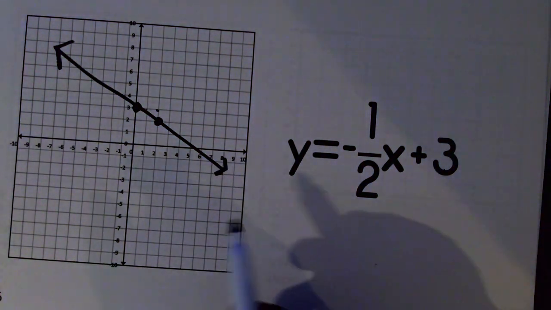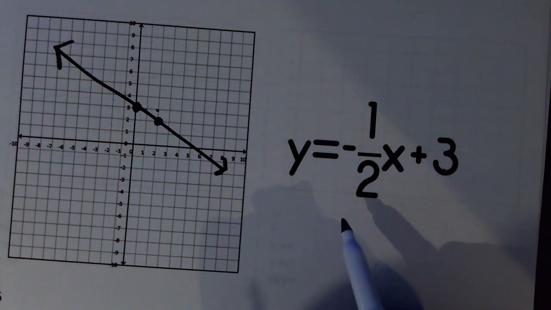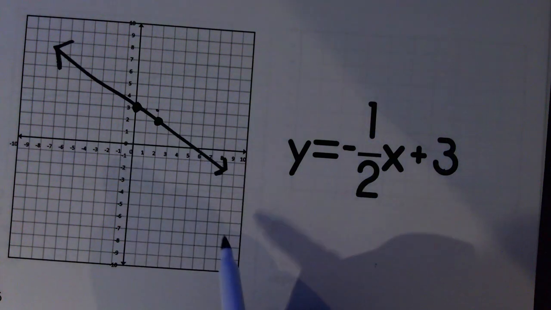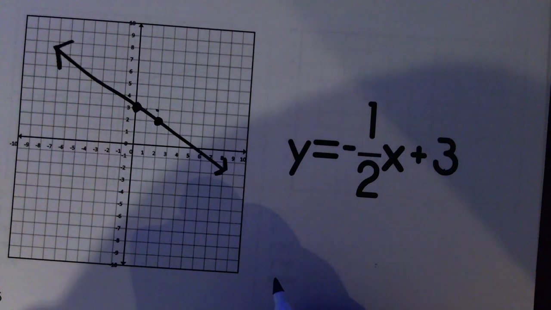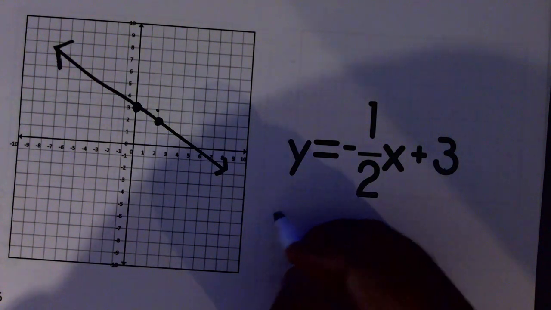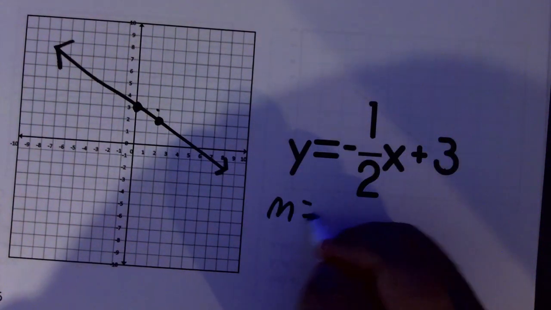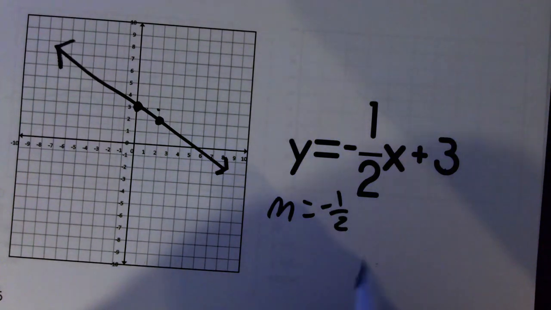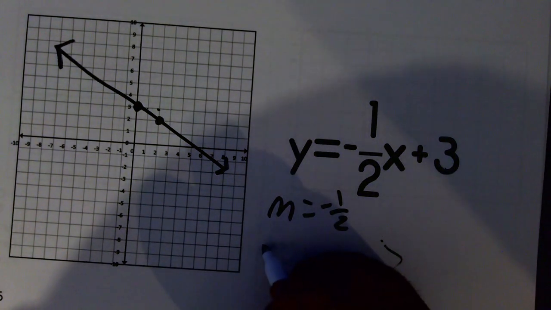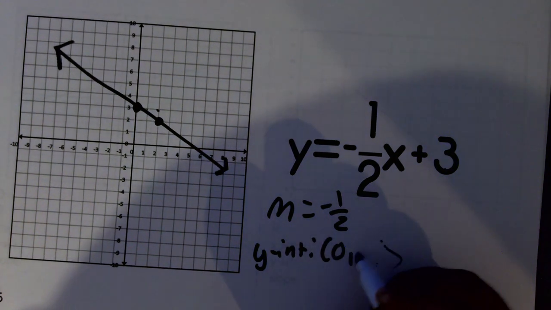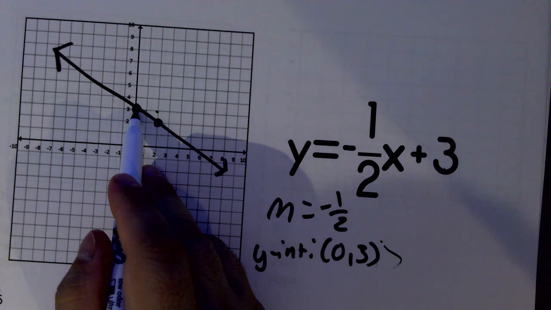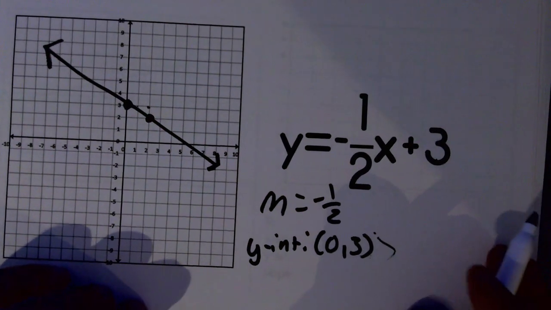All right, so if I feel like I'm getting something I'm not supposed to, I can look over here and verify. So let's start with our slope. Our slope is right here. It's negative 1/2. My y-intercept is 3. x is 0, y is 3. There it is right there. My x-intercept,